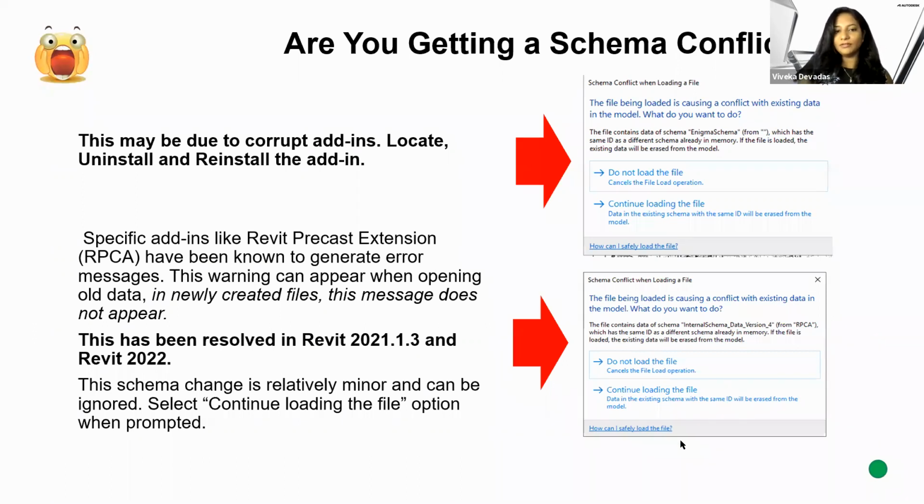And if these are not validated within a Revit environment, sometimes you could get these conflicts. And you could always get a pop-up which warns you like, do you want to load the file or continue loading the file? And what you can do is I always start out asking my customers like,